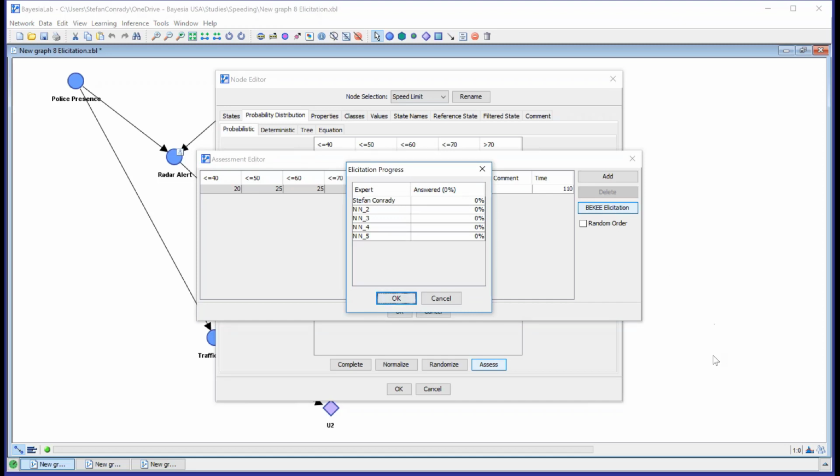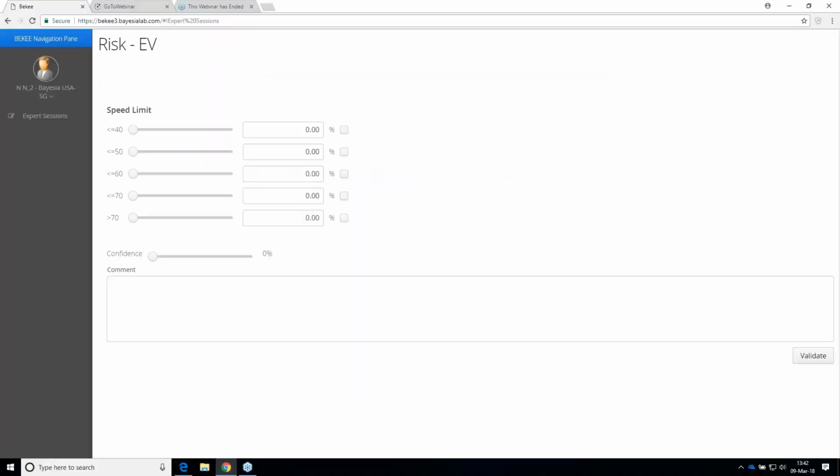So let me now share with you, let me basically share the screen of one of these experts to see what that would look like. Just bear with me. Now I need to switch the presenter to a different computer. Hopefully this works. Make presenter. Okay, I think that works.